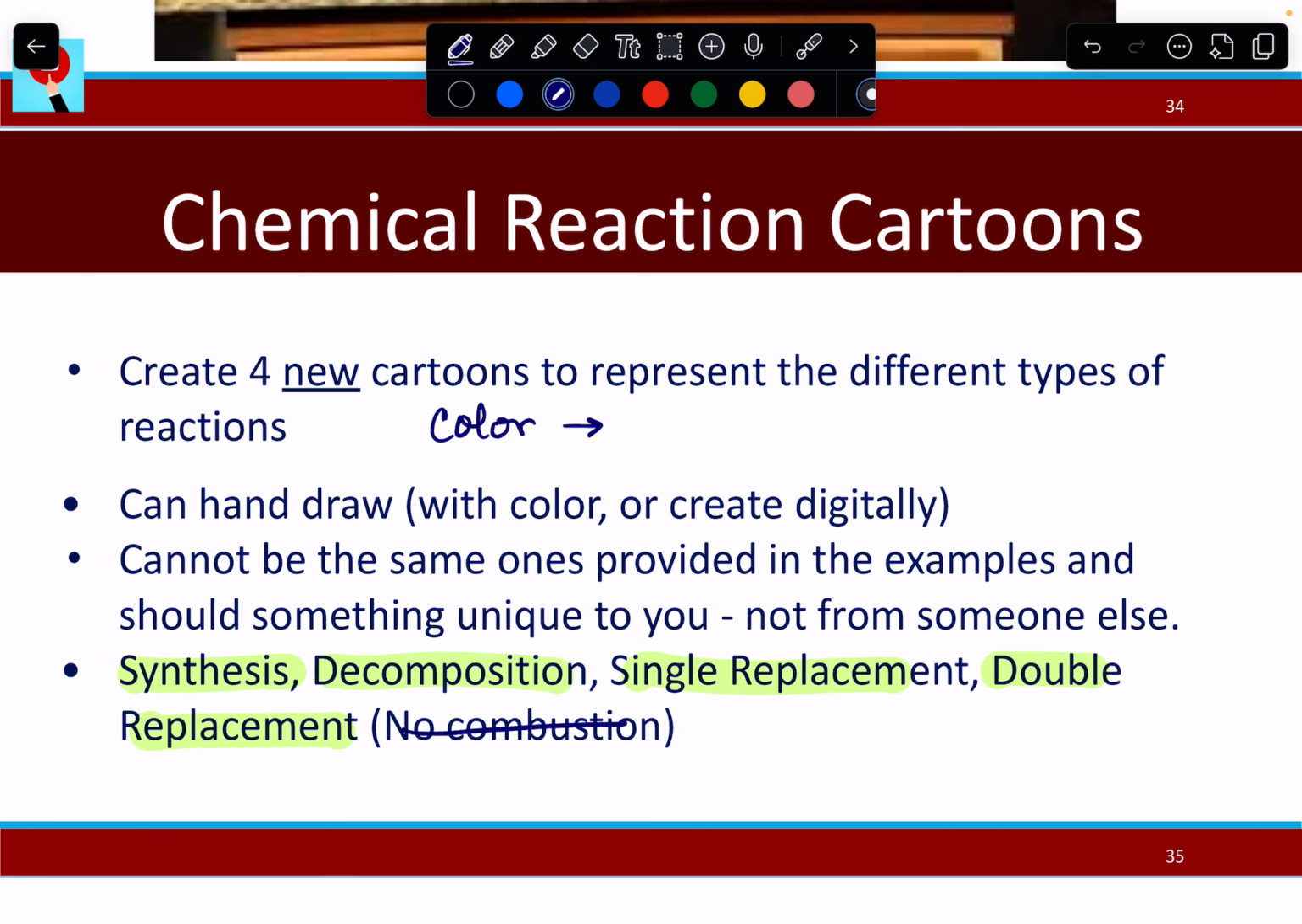All right, so again, at the end of this, hopefully you're able to better identify what types of reactions, when you see a chemical reaction or a chemical equation, can you identify it as a synthesis, a decomposition, a combustion, a single replacement, or a double replacement? All right,